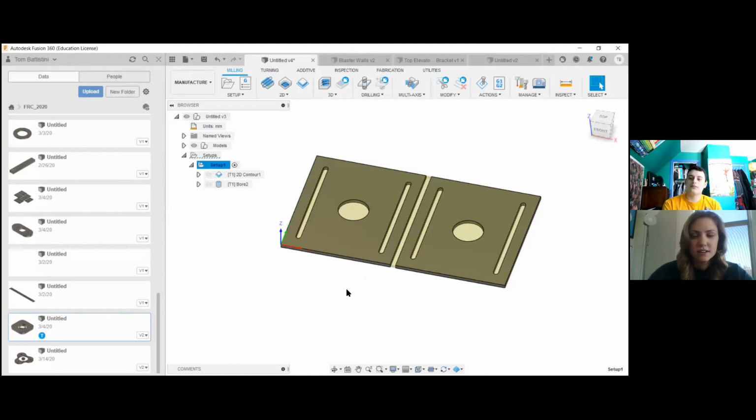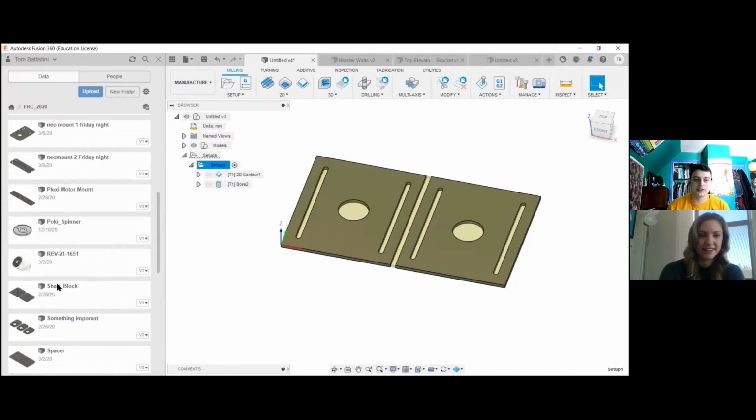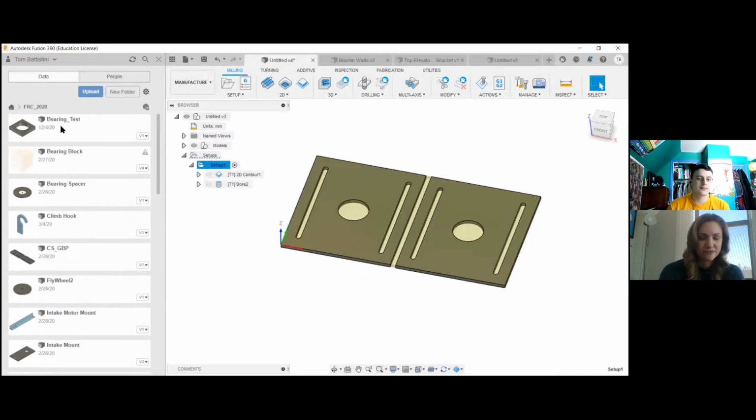It's really neat. You can basically just put your designs through the ringer and really just test them in here. Oh yeah. And that's what makes it super nice and why you can see a lot more of my projects here on the left side. It's because, say I wanted my climb hook,